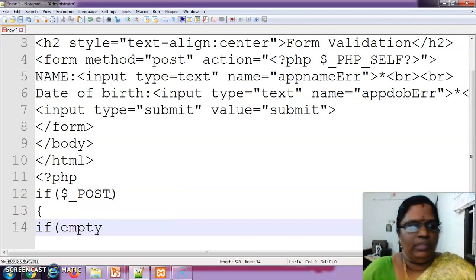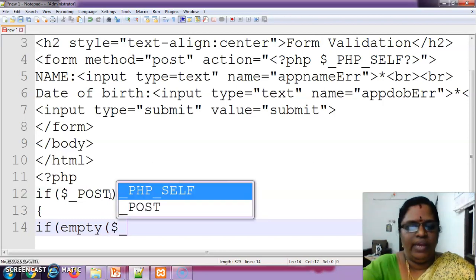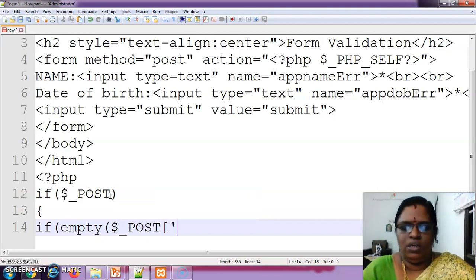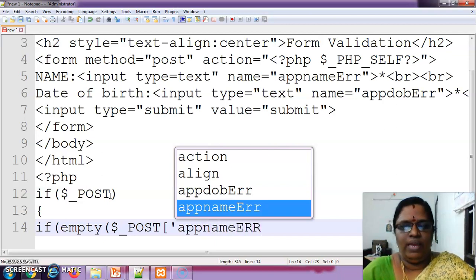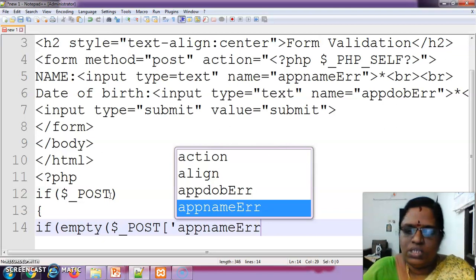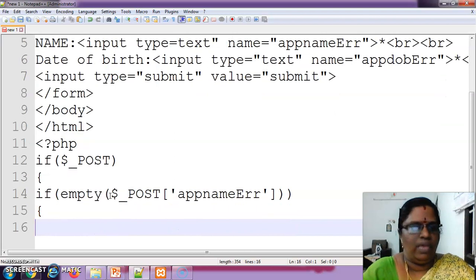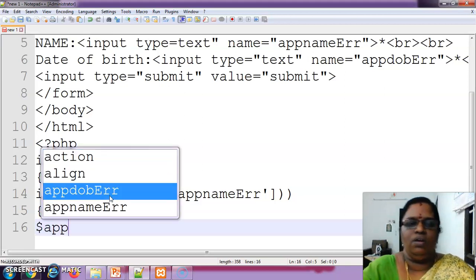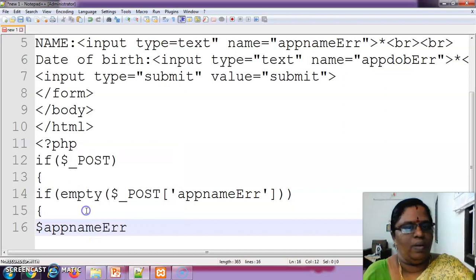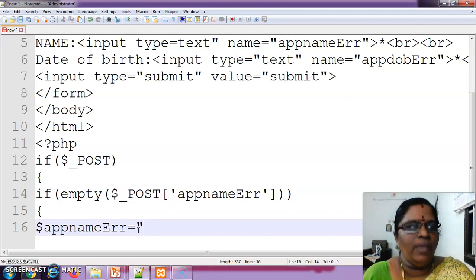Okay, if this superglobal variable post name, this variable is empty, okay, if this is empty, you want to type error is equal to name field cannot be empty.